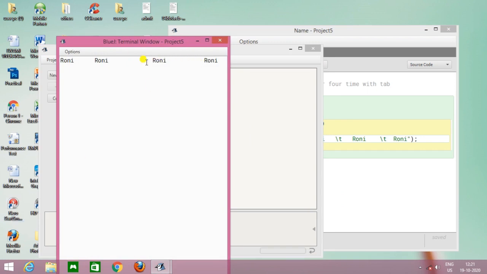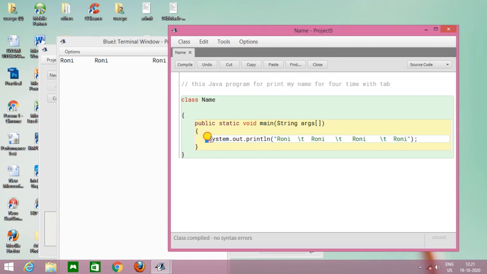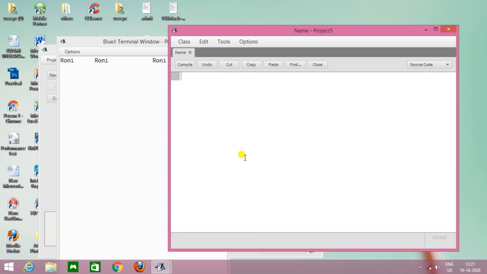So in this way we can display any messages with tab also. Simple message we can print out. It's very easy, is it not? Using the function System.out.println, ln for new line. Okay, it will take the new line. Okay, next, in the next program we will show some